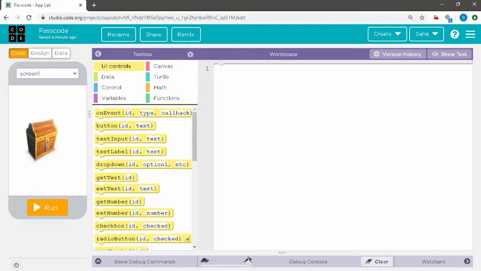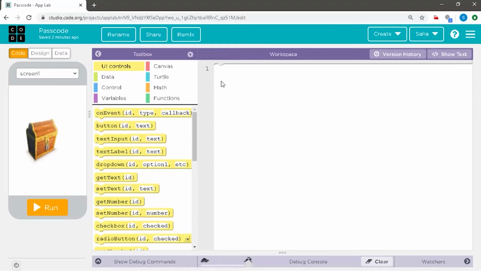Also, in this session, we will be learning how to add sound effects for some of the winning and losing criteria. Shall we begin? Firstly, I have just done some homework before beginning this video, which is adding two images of a treasure box, one open and one locked. So, I hope you will download pictures of a treasure box which is locked and a treasure box which is opened